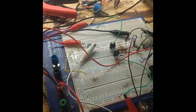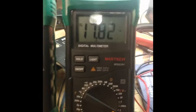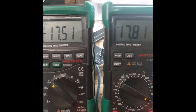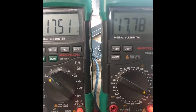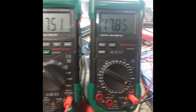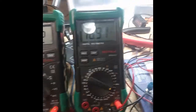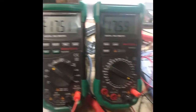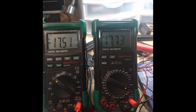Alright, so let me display something that was weird with this circuit. Here's the positive rail, and here's the negative rail. If we notice, they're definitely plus and minus 17 volts, but there's a slight deviation there, about 300 millivolts, and something kind of weird keeps happening to the positive rail. Here I will turn this knob, and we will notice